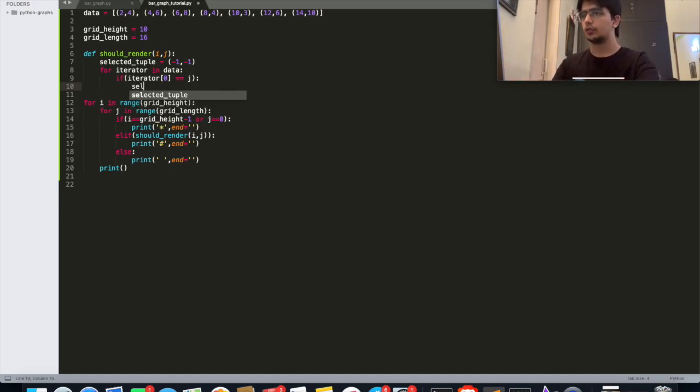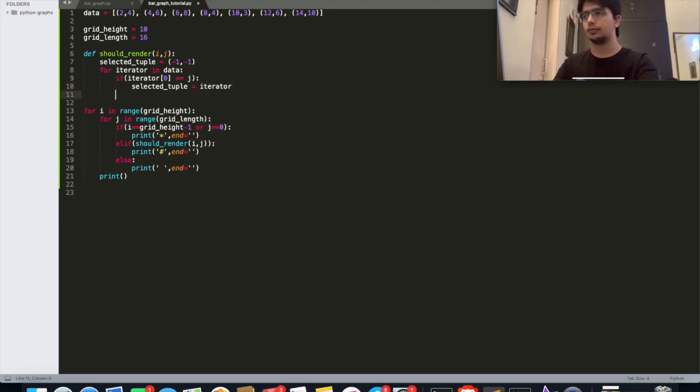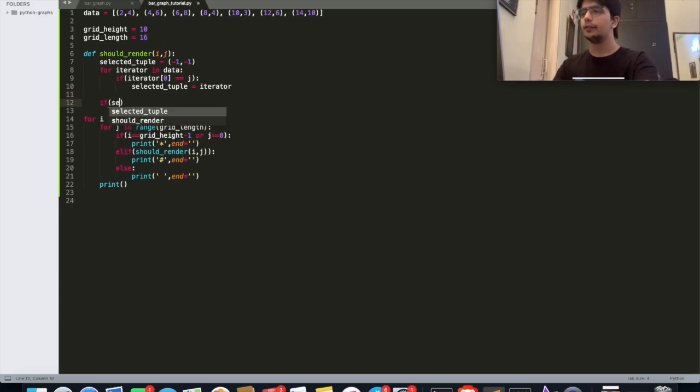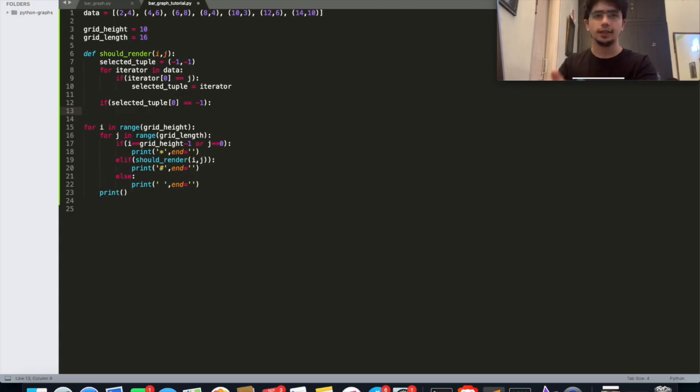So let's say selected tuple is equal to iterator, because that's what we are iterating over. Now if selected tuple of 0 is equal to -1, that means that we didn't find any data point which was supposed to be rendered, so we'll just return false.